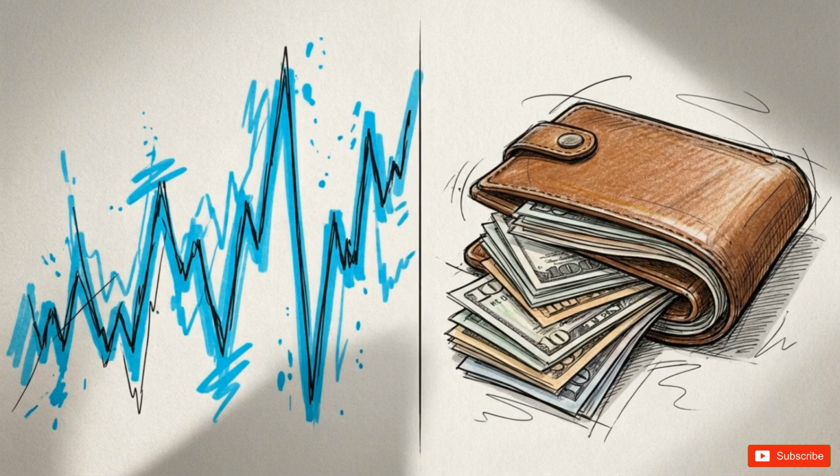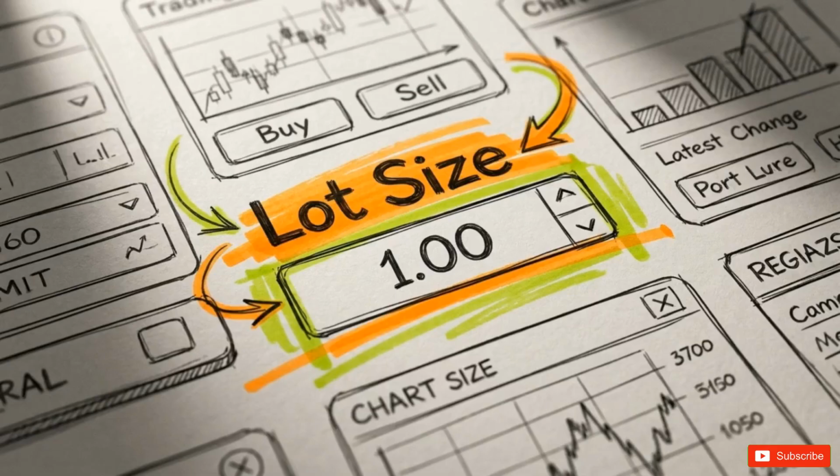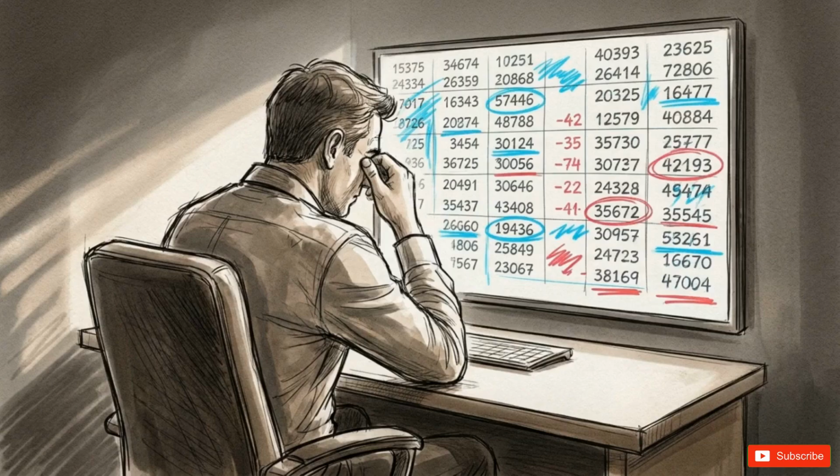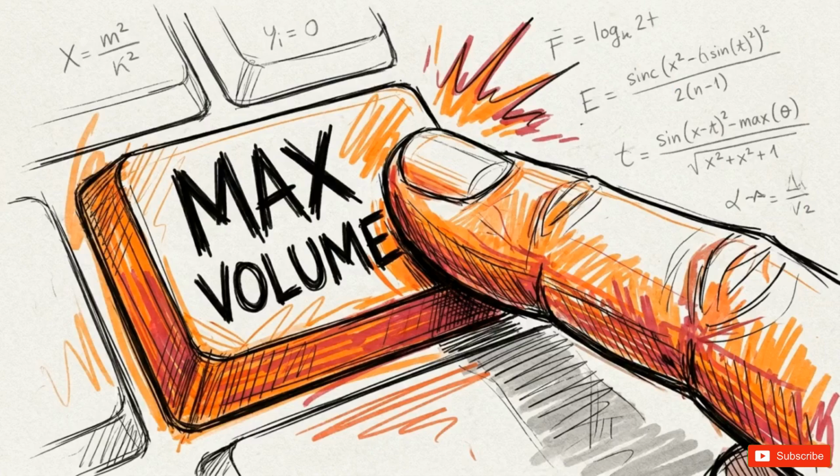If you look at any standard trading dashboard, the option to select your lot size is usually front and center. Selecting the wrong bundle size is the primary reason new participants drain their entire account balance on their very first day. The most common error is sizing a trade based on a gut feeling. A trader feels highly confident about a market direction, so they manually select a massive volume to maximize their return,